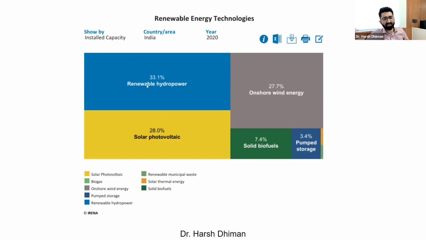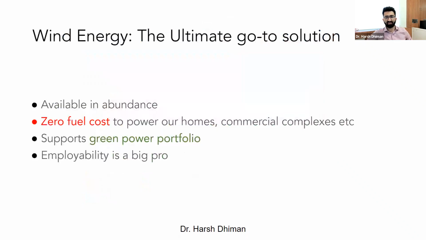So that's the reason why you see the 33.1% of the installed capacity share is dedicated to renewable. But again, this brown block represented by onshore wind is something which is likely to increase, and we would see a new block in future dedicated especially to offshore wind energy. So yeah, that's just the renewable landscape of how investors are concerned with their money as far as energy is concerned.